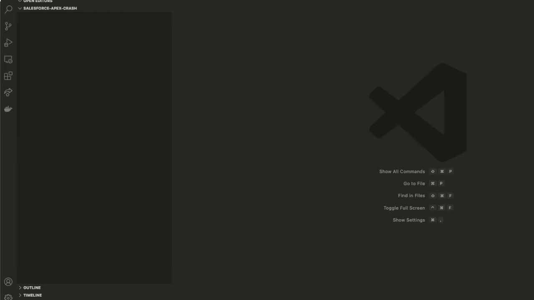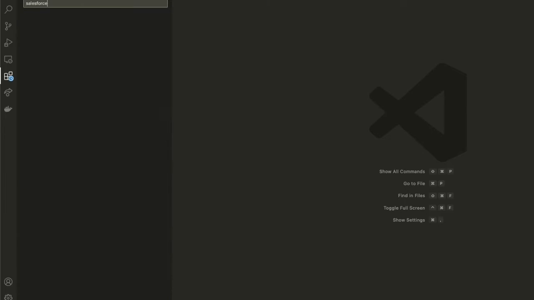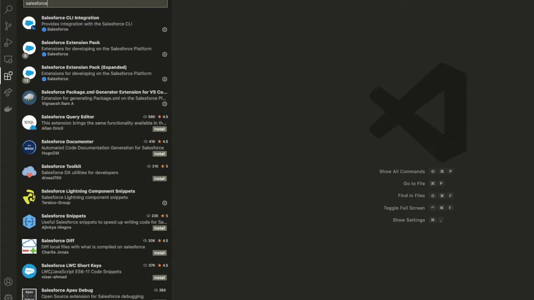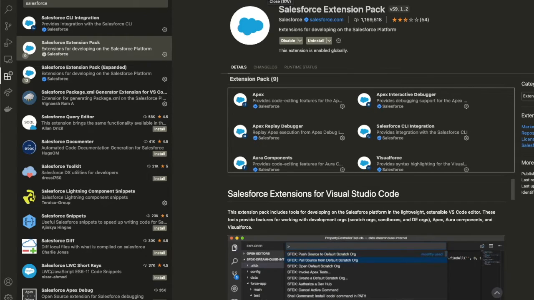So right here in the bottom left of our window, we have a cog or a gear icon. If we click on that, let's go to extensions. When I click on extensions, all I need to do here is type in Salesforce in the search bar. Now, I already have this installed, so there's no need for me to reinstall it, but this is basically the one we want. We want this Salesforce extension pack, so go ahead and get that installed, and it should just take a few seconds to get that set up. And then once that's set up, we'll be all ready to write Apex code and to get our Salesforce project